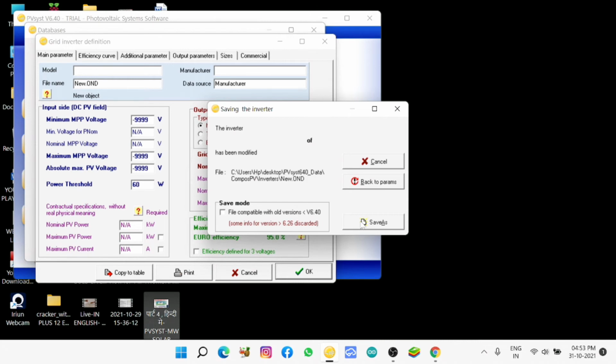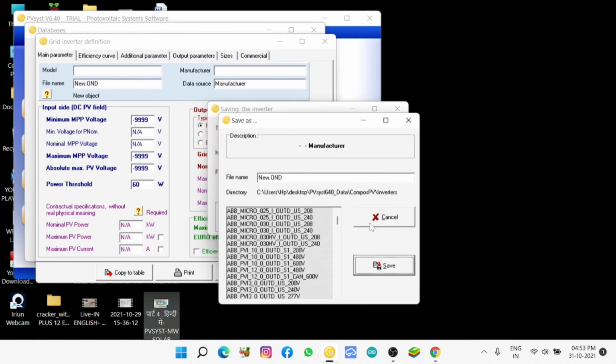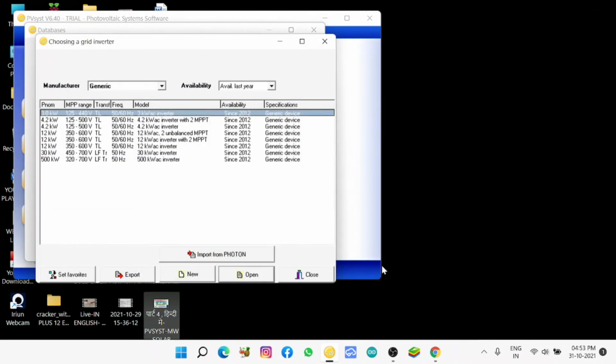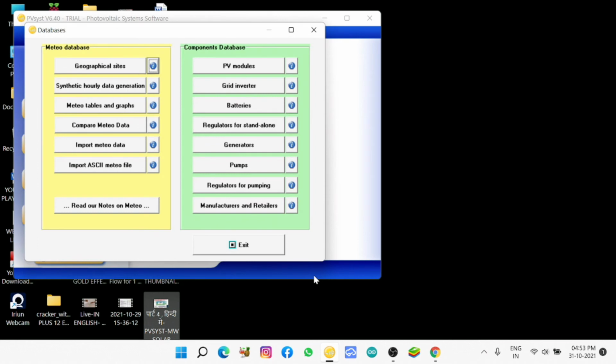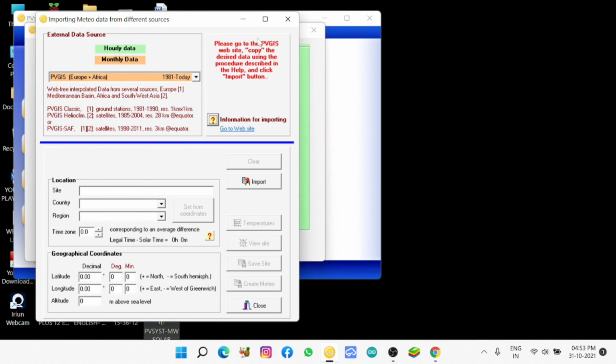It is asking manufacturer, marketing, this and that. MPPT voltage, DC volt, maximum. This is for the inverter. What capacity you need, what MPPT voltage, so that the panel connections will be easy. Because panel connections and array connections are always made as per the specification of the inverter, whether grid, domestic, or anything. So what is the inverter's rating? Then you have to proceed with the panels. Panel connections, array connections, the voltage we have to keep according to the inverter.